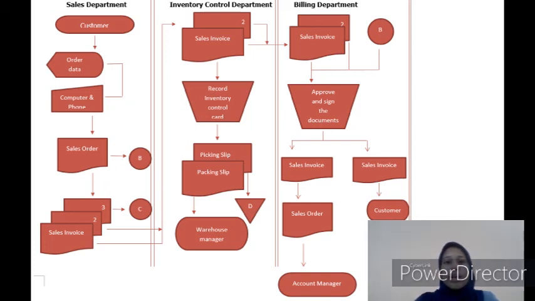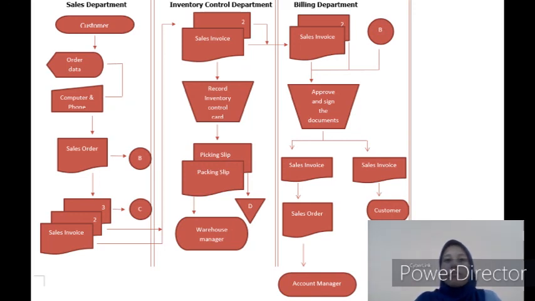The picking slip will be filed and arranged by date.